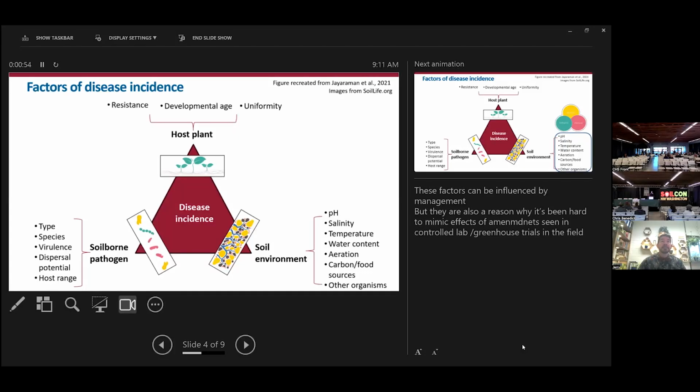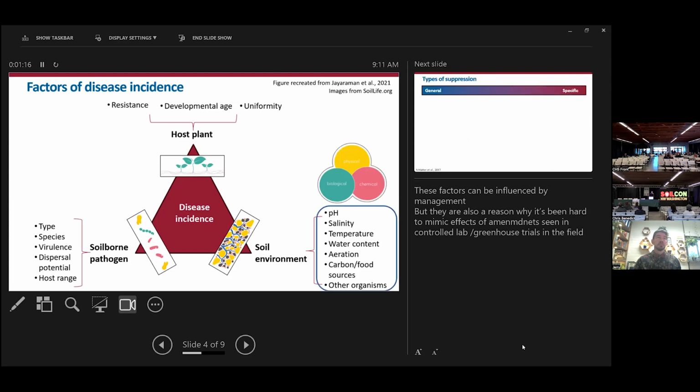So thinking about the soil environment, things like pH, salinity levels, soil temperature, water content, and aeration, what food or nutrient sources are available to pathogens and other organisms, and then what other organisms are in the soil that might interact with the pathogen. And so, again, these are ones that make up a big part of the things we consider with soil health. There are also things that are very dynamic and can be sometimes hard to control in